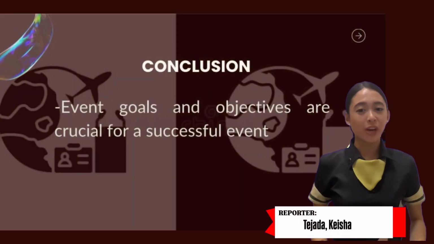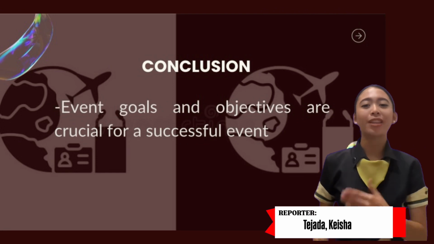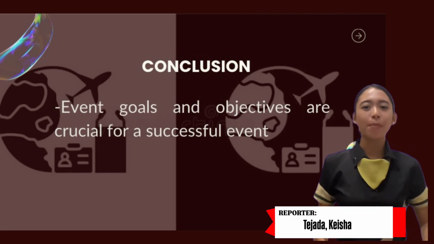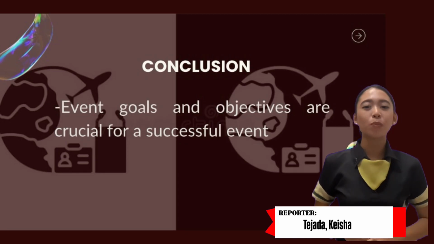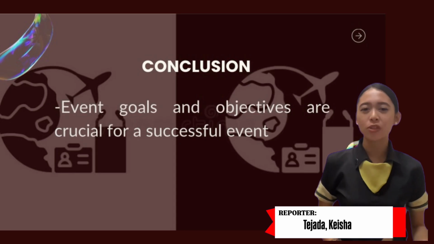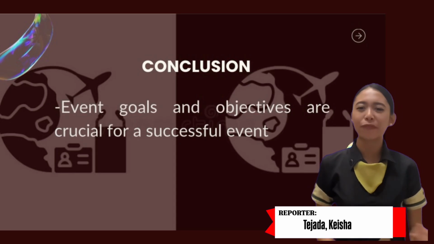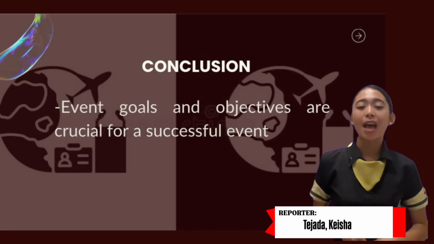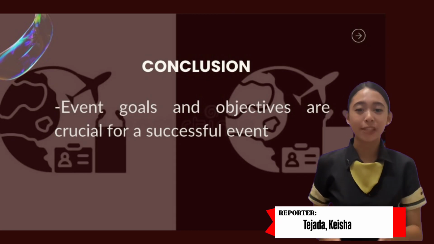These are the different reasons why events are held. Some events are done to educate, like seminars and training sessions. Others are to inform or to announce, like product launches or press conferences. Some aim to gather people, such as reunions or concerts. Events can also be created to persuade, like campaigns or rallies. And of course, to celebrate, like birthdays, anniversaries, or festivals. All of these examples remind us that every event has its own specific purpose, and knowing that purpose is the first step to successful event planning.